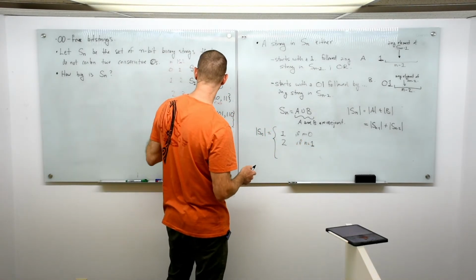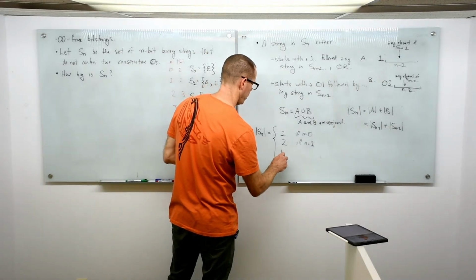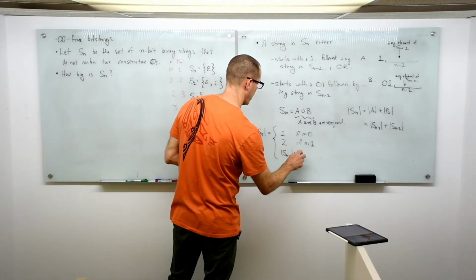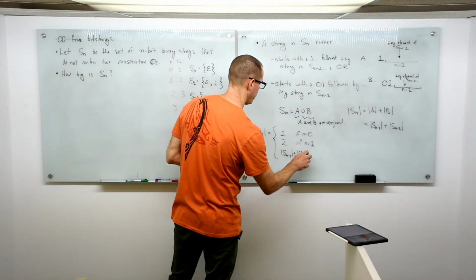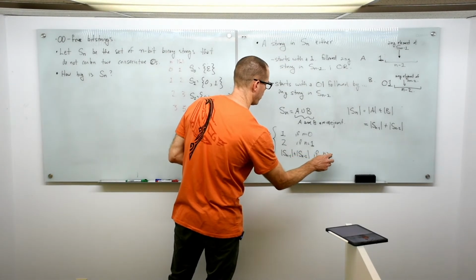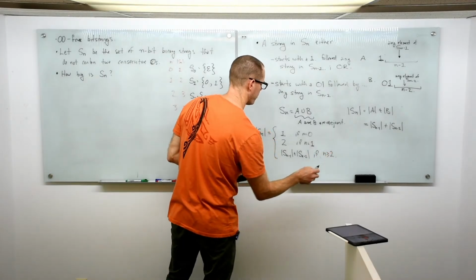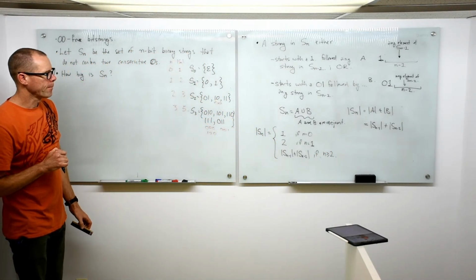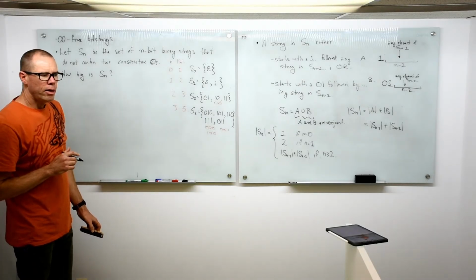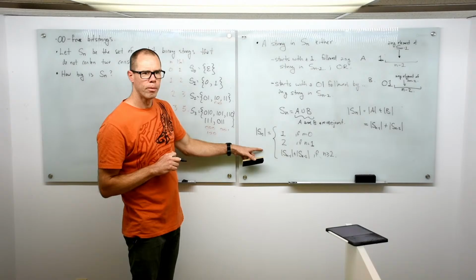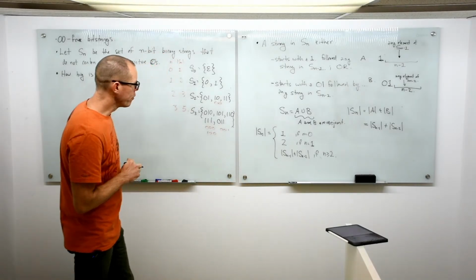And otherwise, it's equal to the size of Sn minus 1 plus the size of Sn minus 2. And that's true if n is bigger than or equal to 2. Okay? Now, maybe that looks familiar to you. If not,